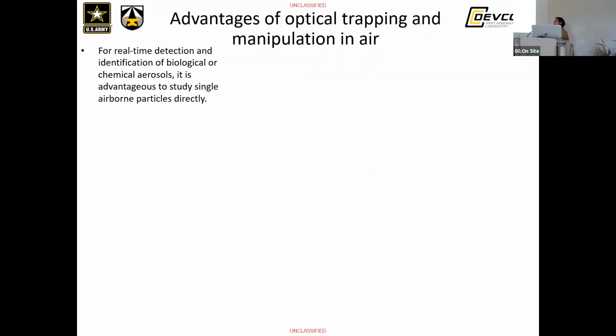So as was shown in a really nice pie chart earlier this morning, I think it was the second talk, we have all these different aerosol components in the atmosphere, and they can be from natural sources like sea salt or volcanic ash or desert dust, or you can have man-made sources from, say, fossil fuel burning or biomass burning. And so when we collect signals of the aerosols from remote sensing or in an instrument deployed in the field, you have all of this signal. And so if we would like to be able to identify specific components, there's a lot more work to do,